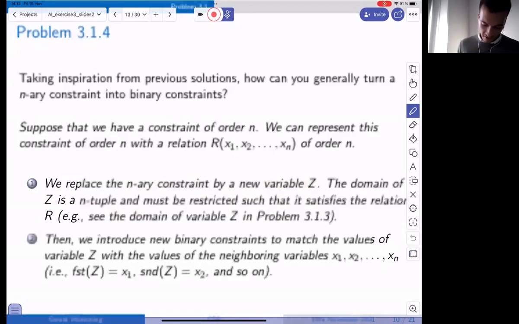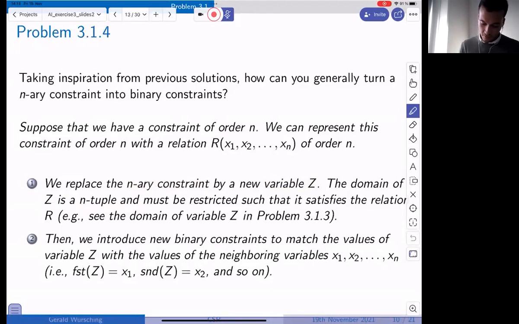And finally, we can introduce the new binary constraints to match the values of variable z. For example, in this case, these are constraints that take the first and second operator of the tuple, and we obtain the values of the neighboring values, basically. So in our example, it was values A, B, and C.